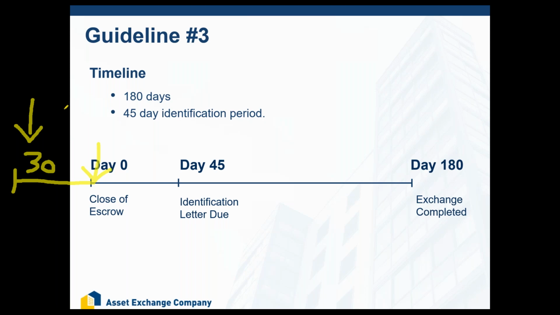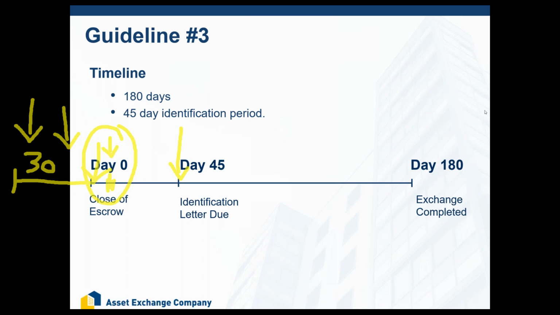Many of my clients are in contract to buy a property way back here, and then they close on the new property within the first week or 2 of their 1031 exchange time frame. They don't even get to day 45 because they've already purchased their replacement property way back here. That is good planning. Now, it doesn't always work like that, right? But it can.